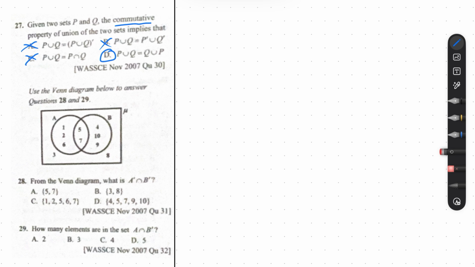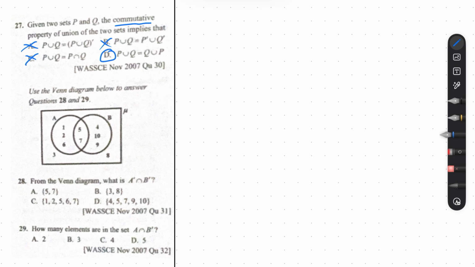As we already know, A complement means anything that is outside of A, and B complement means anything that is outside of B. So when we do that, it means that to find the intersection of those two sets,